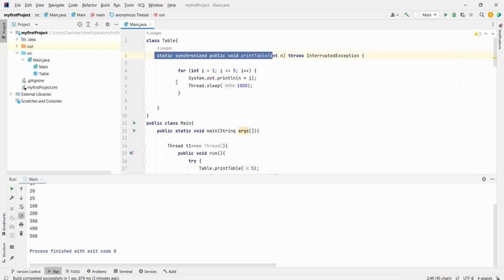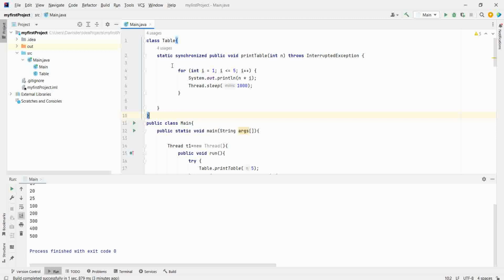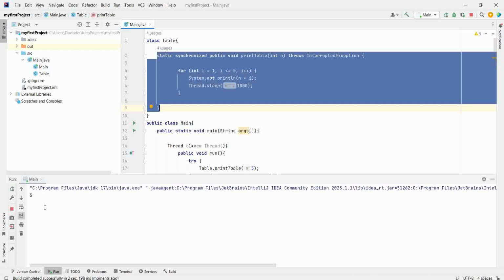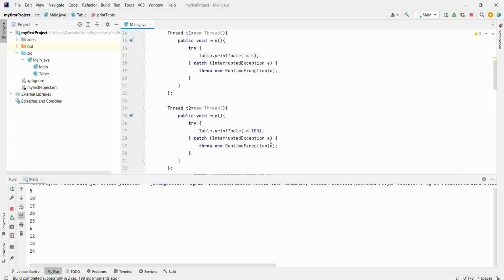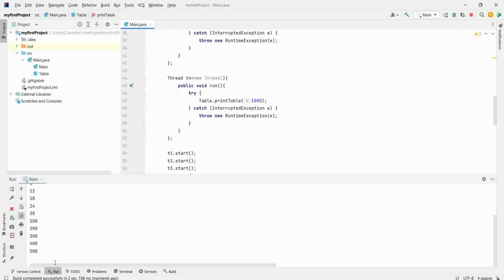It will take a lock on the table level. So first this will be executed, then any other thread will be allowed to enter this section. If we run this, we will see one of the tables will be printed first, then any of the threads will start. Table 6 is started, then any other, table 100 is started, then the last thread, thread 1000 is started.